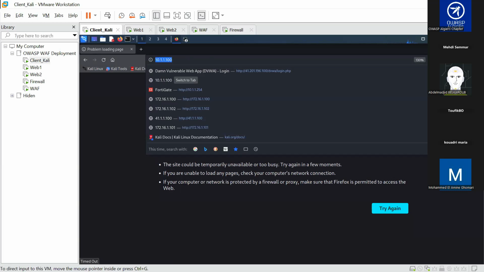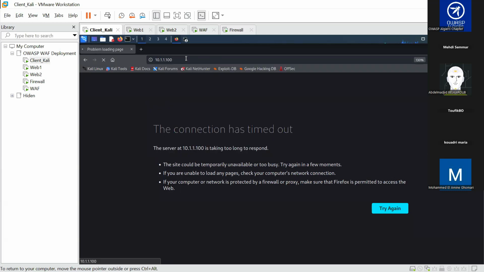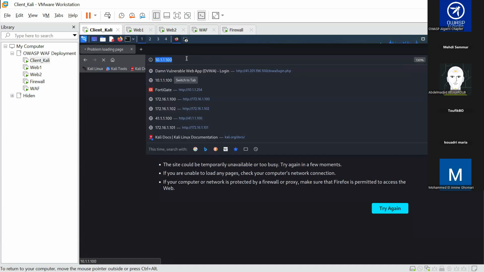What do you think, guys? Am I supposed to use the 10.1.1 to test access? Abdelrazak is saying use, yes, the public IP. Guys, remember, the goal is to use the public IP. This is not valid on the internet. So